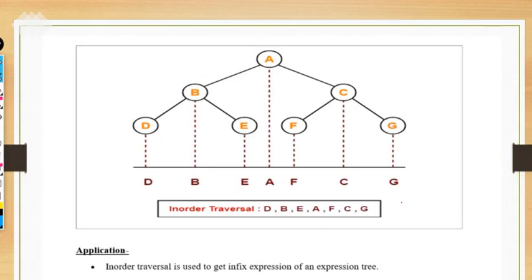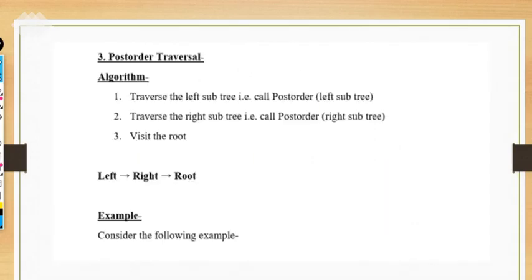This is the traversing method that we have already covered, like how it is moving on. Basically the application of in-order is to find the infix expression. Expressions can be calculated by three methods: infix, prefix and postfix expressions. You may also study these in the data structure subject, how to calculate the expression using infix, postfix and prefix expressions. So these traversals of graph theory have applications in that field, in that topic of data structures.